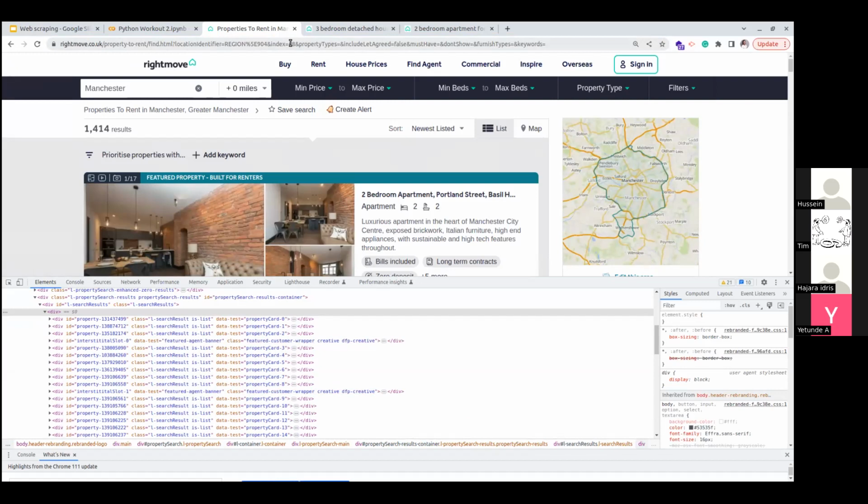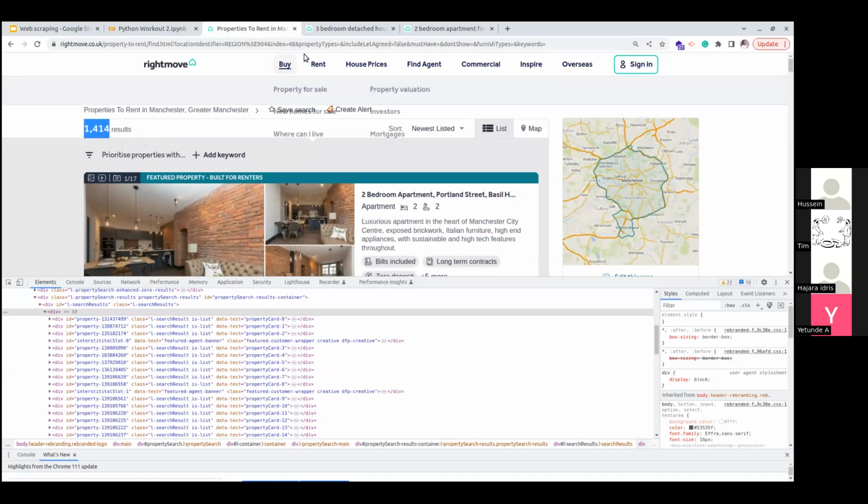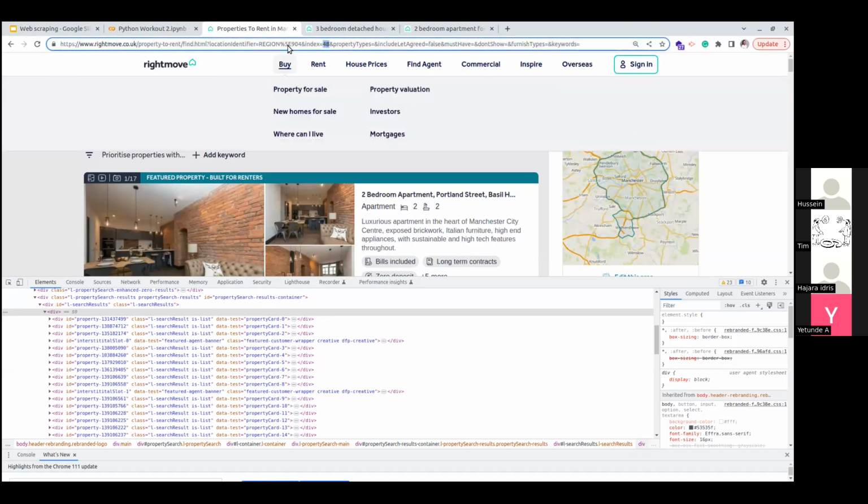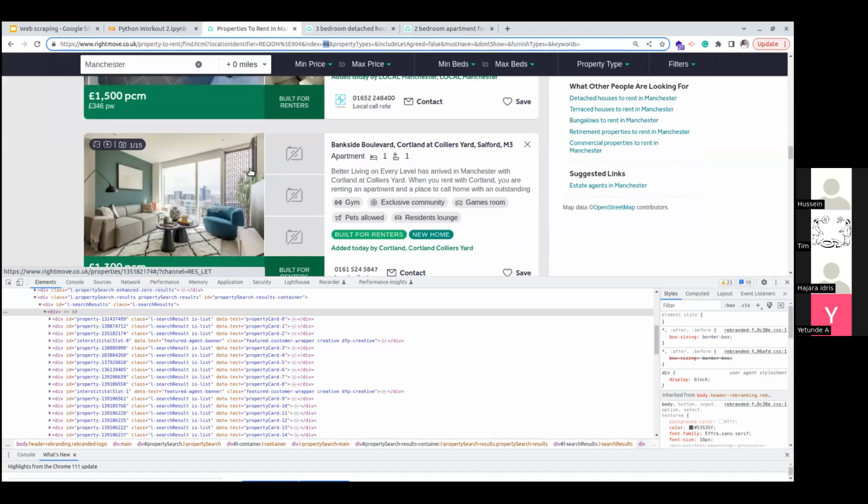So you can just write a for loop. In this case, I've only scraped the first page. But if you want to scrape all of it, you can see there are 1414 results, and what changes is the index here, loading 24 per page. So you go through all this, and replace this index with a number: 24, 48, and so on. You'll be changing the number until you get to the last one. But for now, let's go to page 1 and see what the index is.